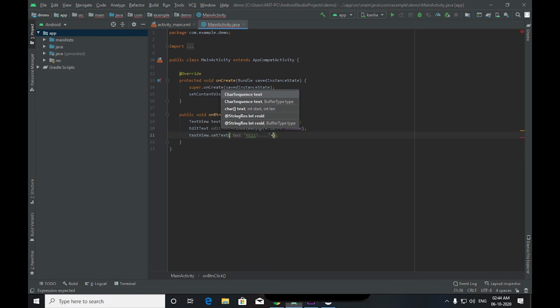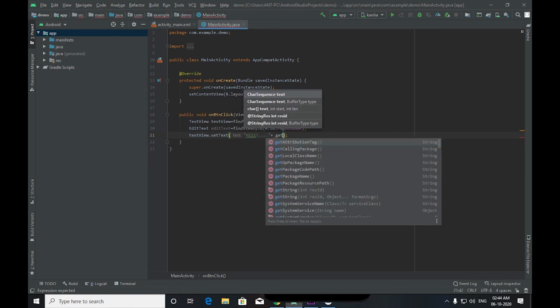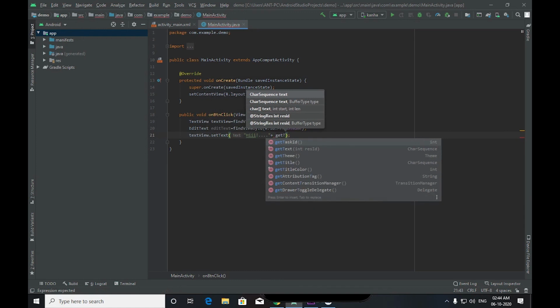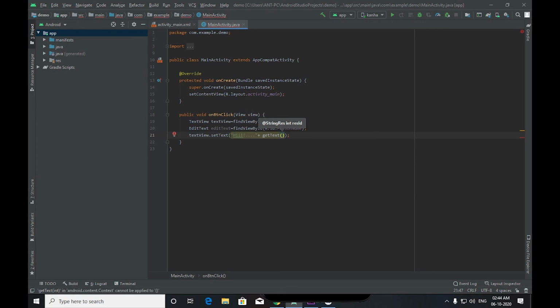TextView.setText, and inside we write our text, like what kind of text we want. So we write in curly braces, double quotation, hi, and plus, concatenating the value to the text. It's from Java.